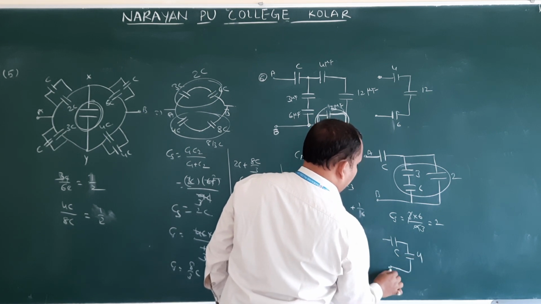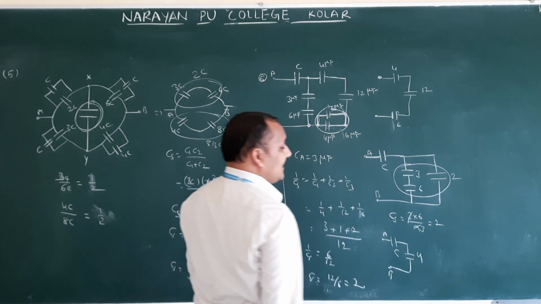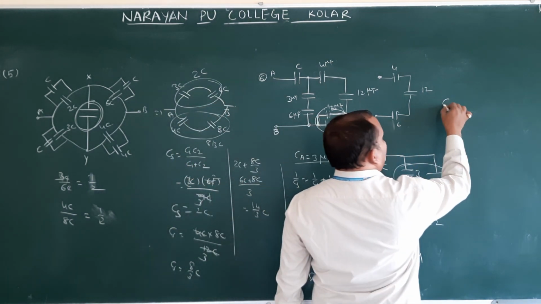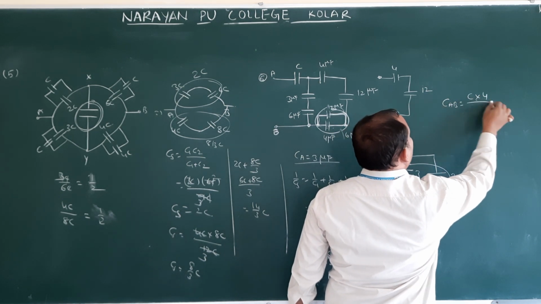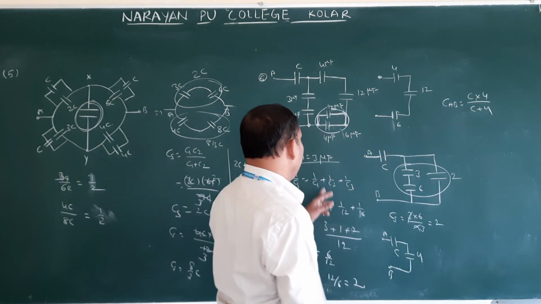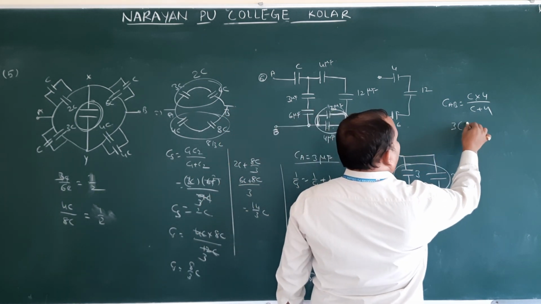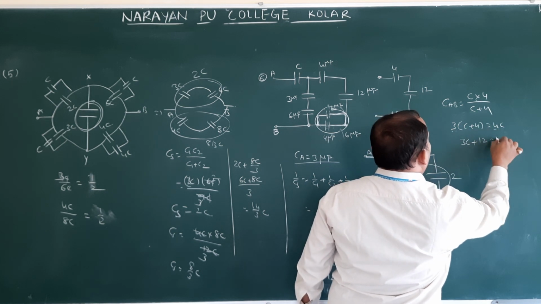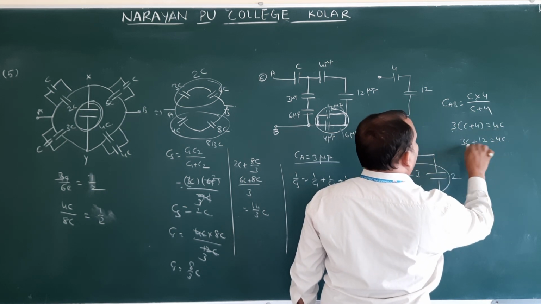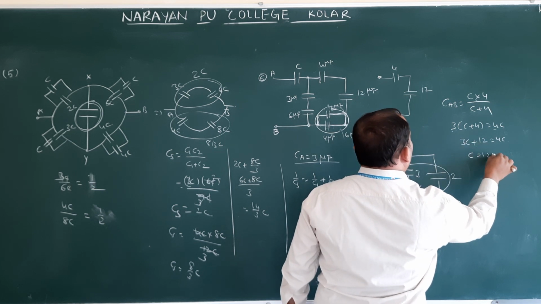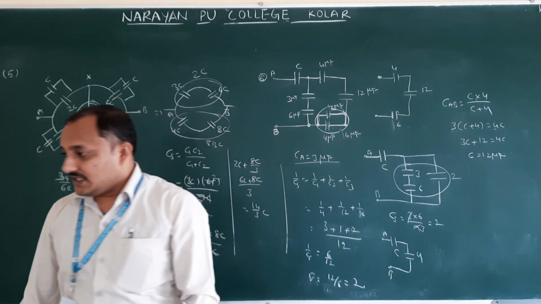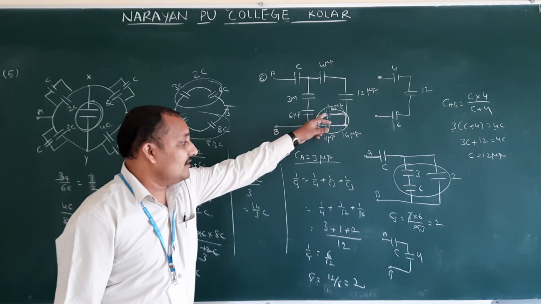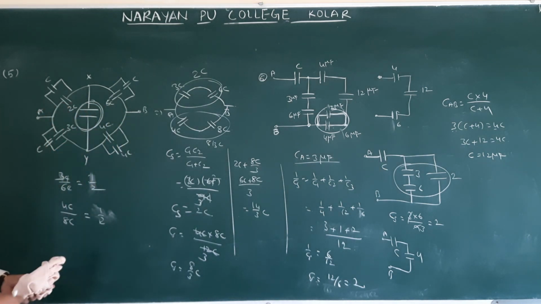4. This is B. How are C and 4 connected? In series. The resultant capacitance CAB is given as 3 microfarad. Then CAB is equal to C into 4 by C plus 4. CAB value is 3. So 3 into C plus 4 is equal to 4C. 3C plus 12 is equal to 4C. Okay, 4C minus 3C, that is nothing but C is equal to 12 microfarad. Is it in their option? 12 microfarad. If you had taken 12 here, you won't get the answer. So that is 2. Okay.